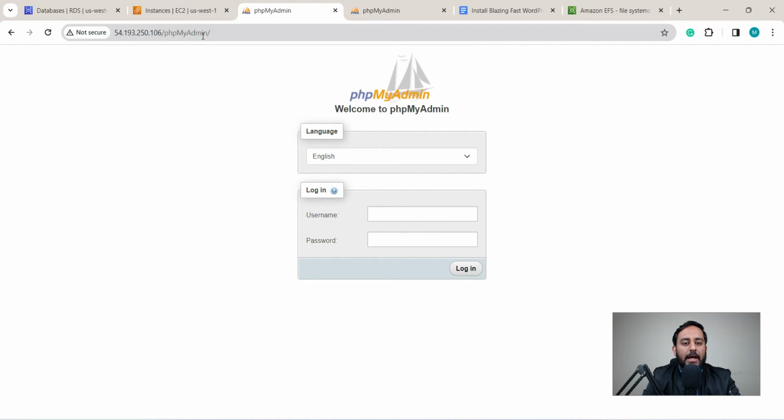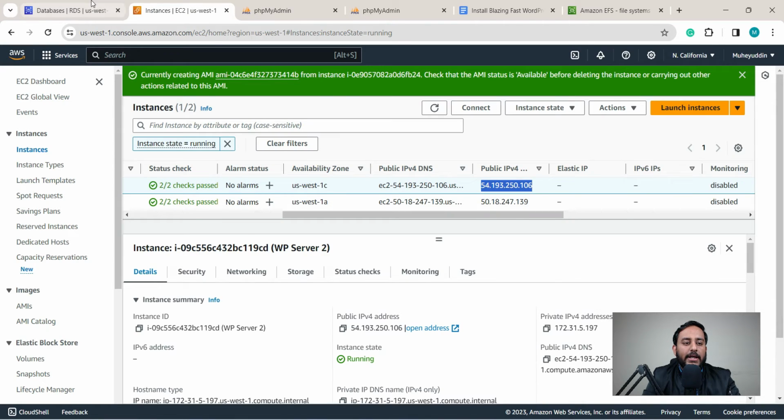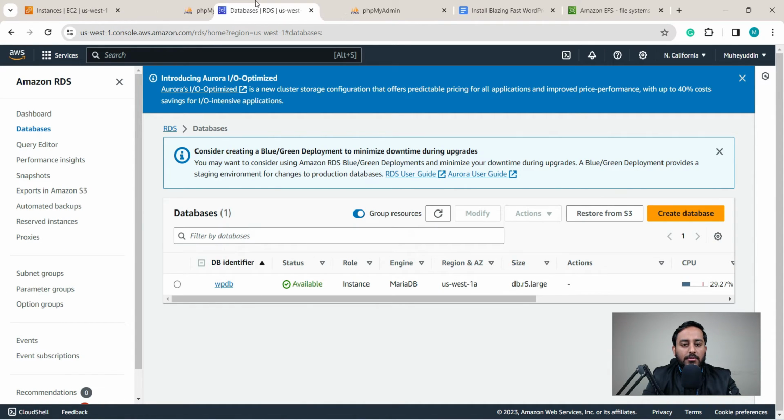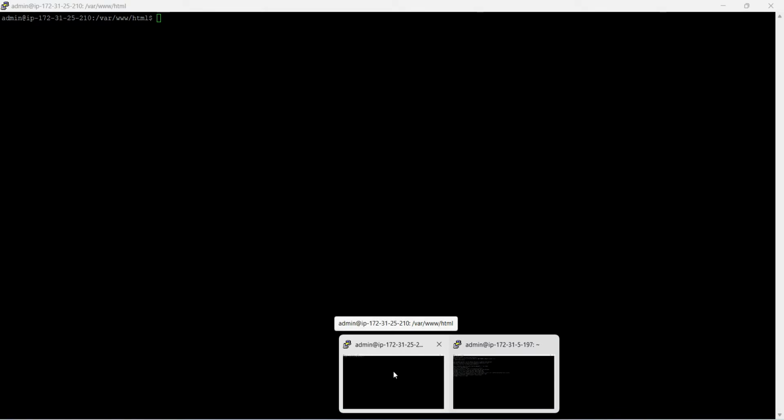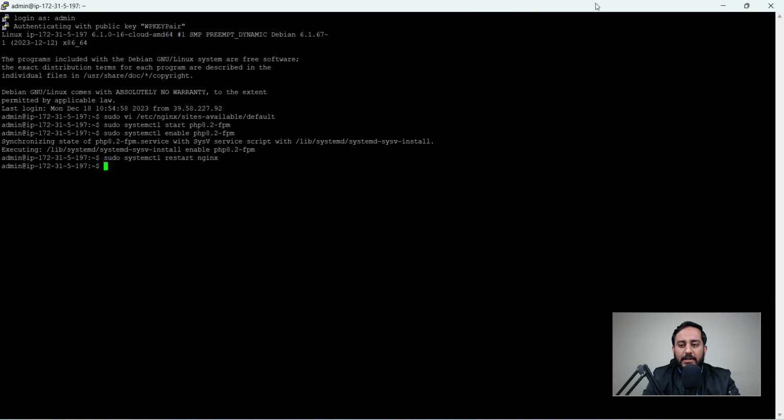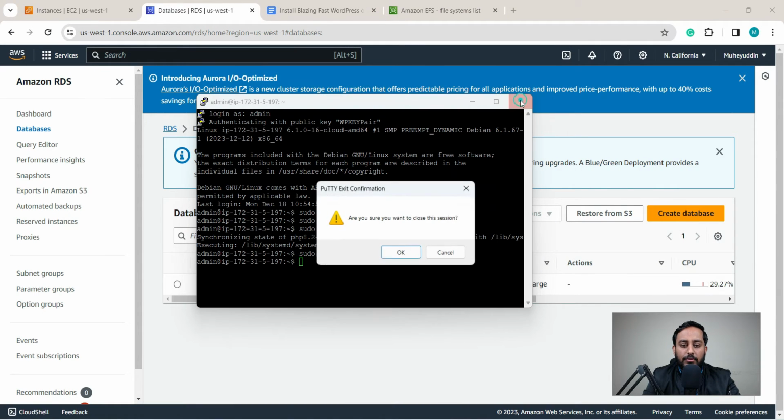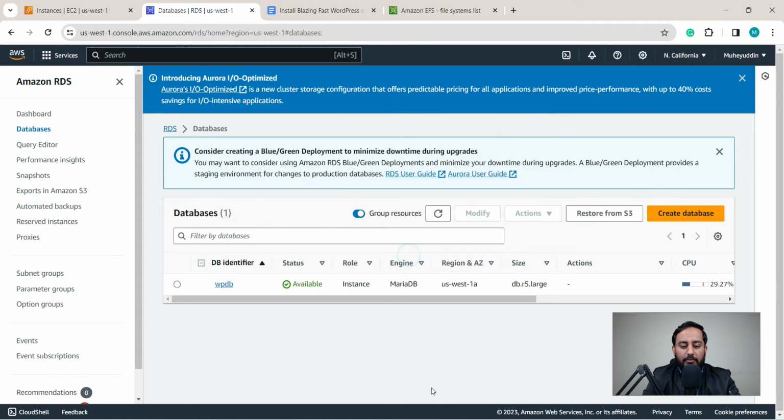But guys, this phpMyAdmin would grant us access to the MariaDB server of this specific database server, and this would do the same. But we want to connect to the Amazon RDS server, guys, which is this. So for that, what we have to do now is just go to either of these servers. Not necessarily one or two. I'm going to this first server, guys, this one, and here